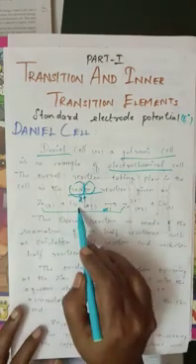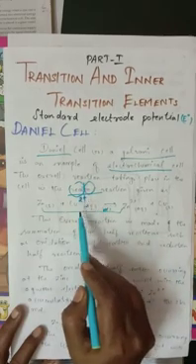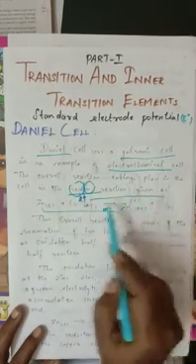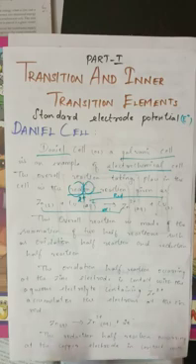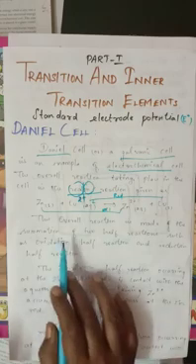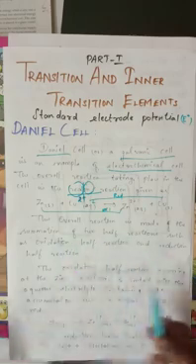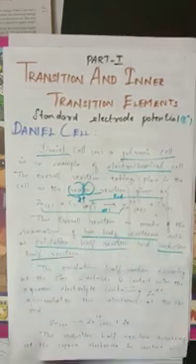At the same time, the copper 2+ receives these 2 electrons, and here the reduction takes place. The coupled reaction, reduction as well as oxidation taking place, is known as a redox reaction, right? This must take place in 2 half cells in the electrochemical cell. So now we are going to see the structure of the electrochemical cell, how it is arranged. This overall reaction consists of 2 half reactions: the oxidation half reaction and the reduction half reaction.